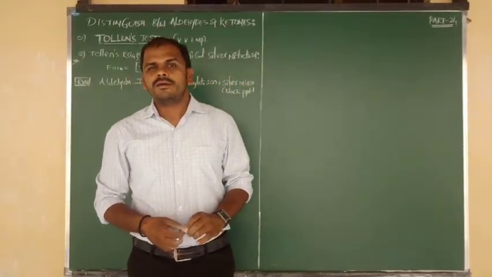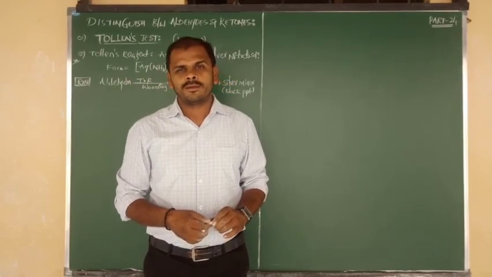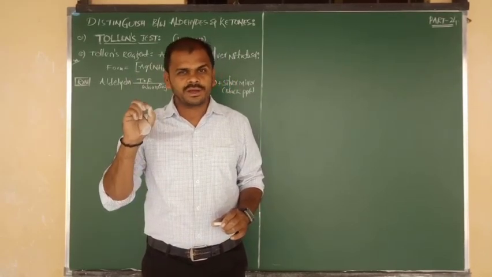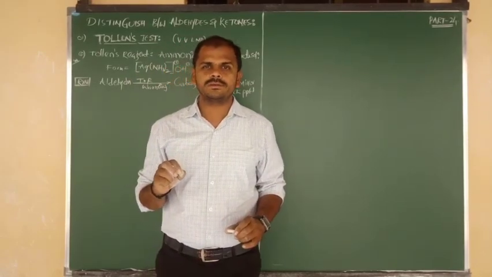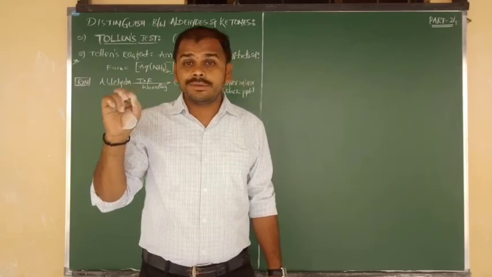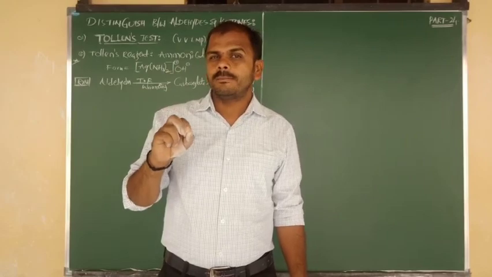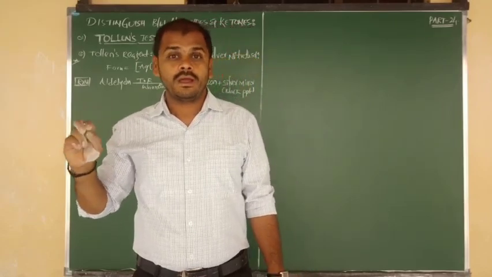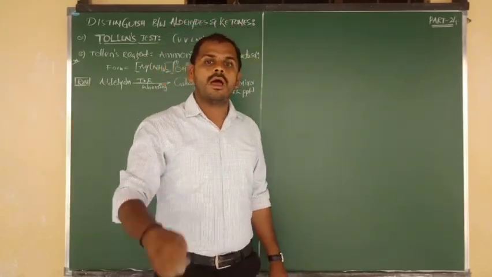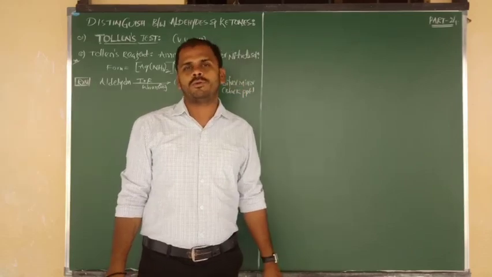In the previous part, we discussed the oxidation reactions of aldehydes and ketones. Number one, reaction with SeO2, selenium dioxide. One more is Baeyer-Villiger oxidation. And before that, we saw the haloform reactions. All of them are very important.